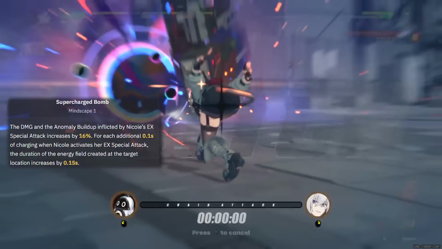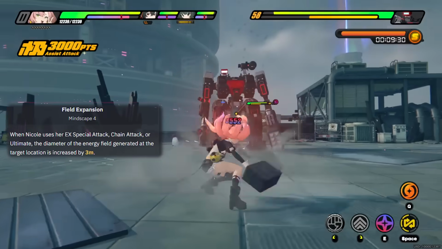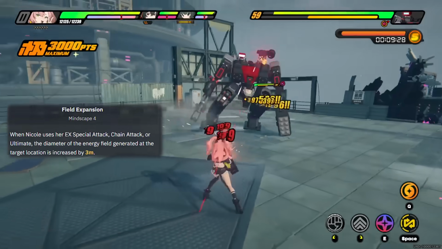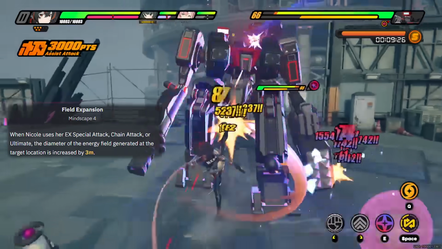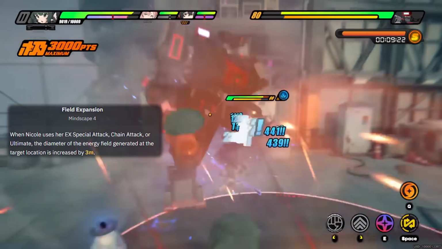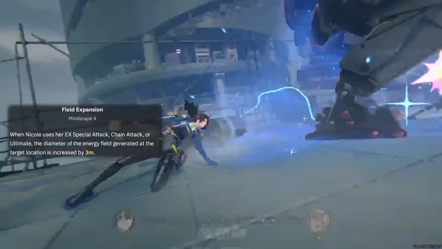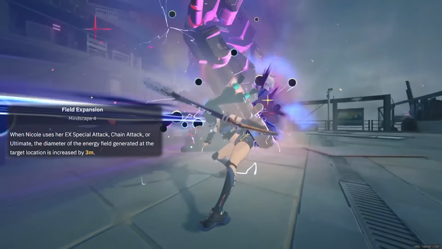Now, this by itself may not be the most game-breaking change for Nicole, but her 4th Mindscape increases the size of her energy field by 3 meters. These two Mindscapes together make Nicole way easier and way more comfortable to play, so it's kind of unfortunate that she needs Mindscapes to access these. That being said, she's free, so getting Mindscapes may not be nearly as hard, but that's not even where the